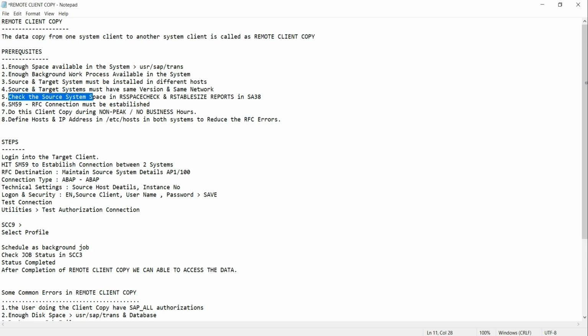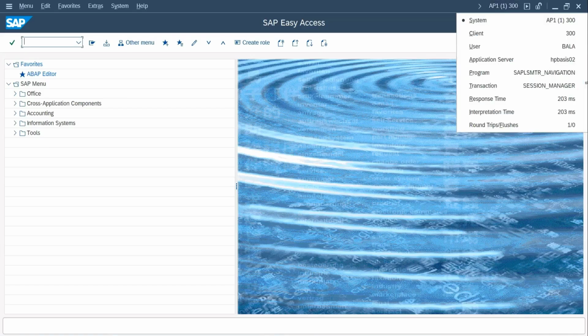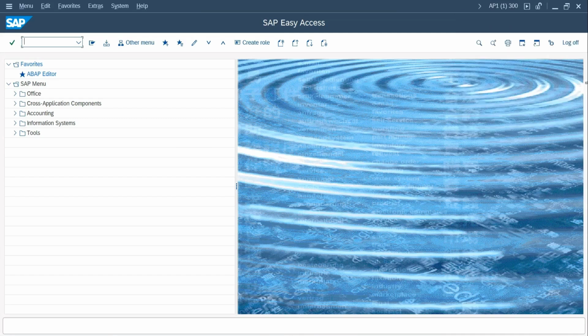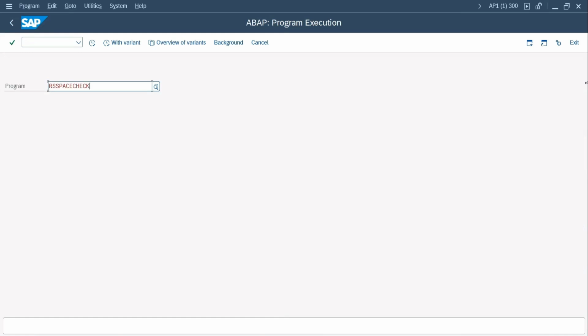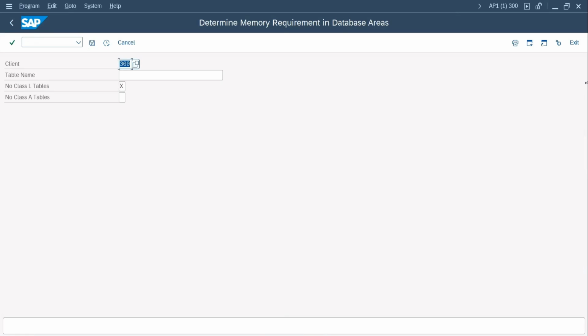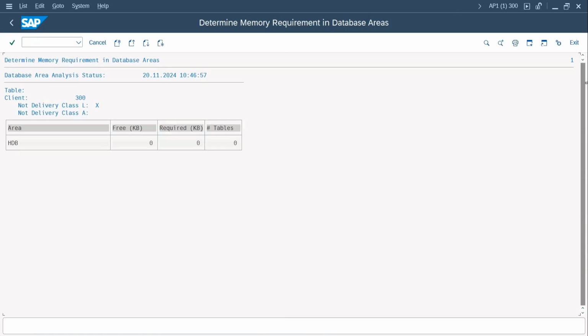And next, check the source system space. These reports we have to check: RSSPACECHECK and RSTABLESIZE in SA38. So what is our source? Source is AP1, no? In SA38 we have to check RSSPACECHECK. This is just a training system, so it is giving output like this. In real time it will show what is available, free data, and required data, and we need to check